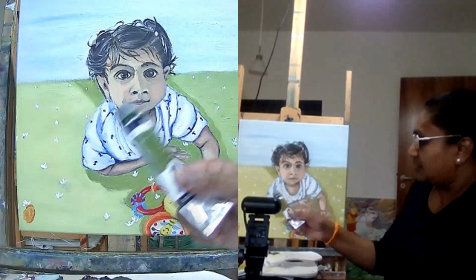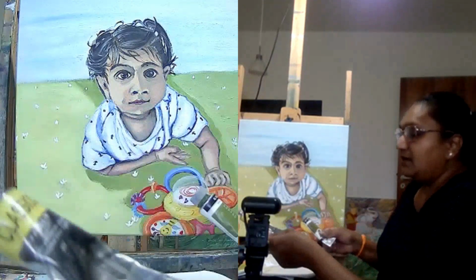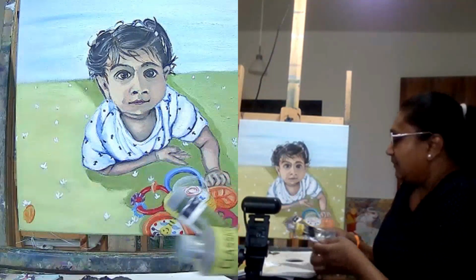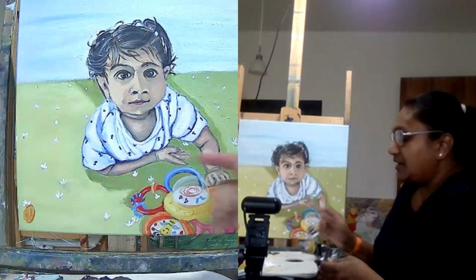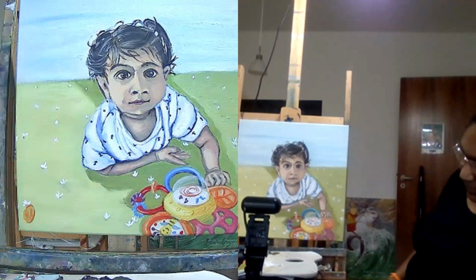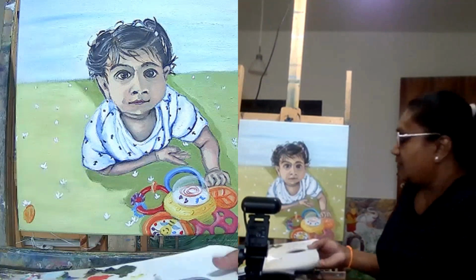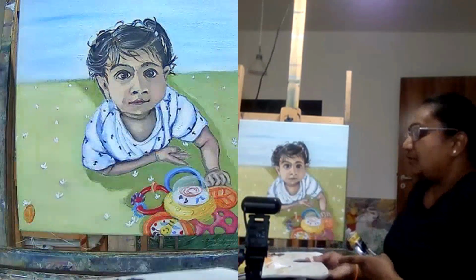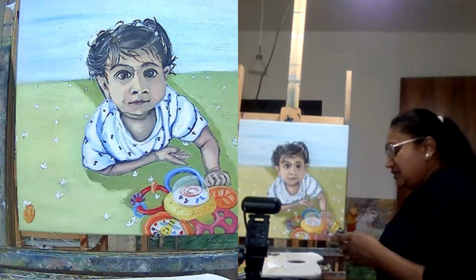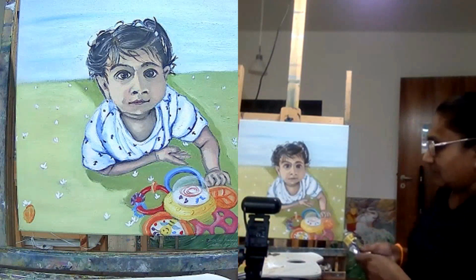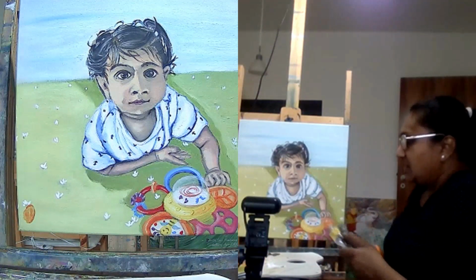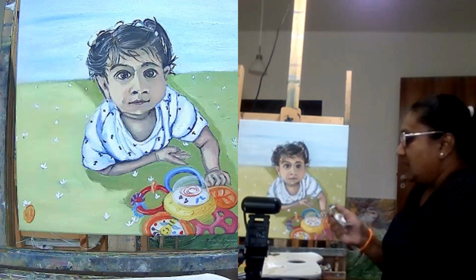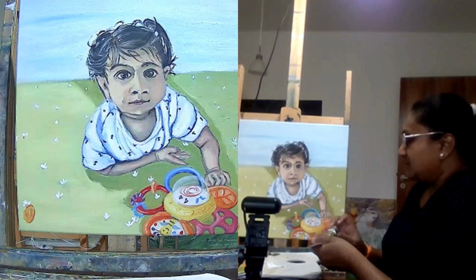When I want it to look a little brighter, I might add a permanent yellow. If you have lemon yellow, that is fine. And to make it look a little darker, I might use the Van Dyke brown that I had, or dark brown. I have a little bit of it here in my palette, so I'm going to continue using that. I don't need much of it, but I will use that. Okay, so this is what I'm going to use. Yellow, I already have a little bit in my palette, so I'm not going to take that out right away. But the olive green, yes, I will take some of it.